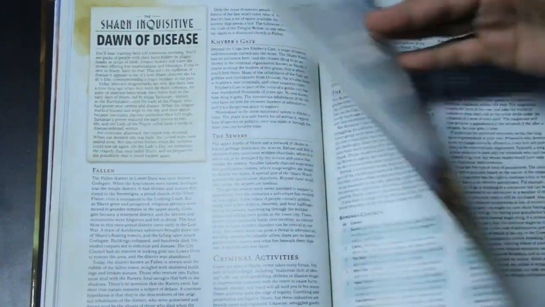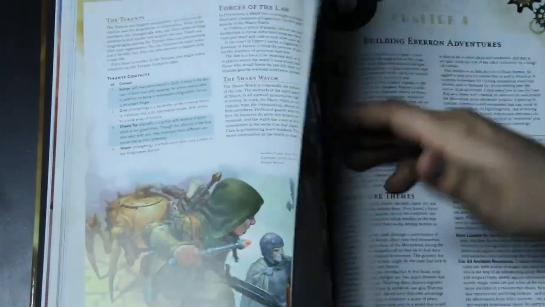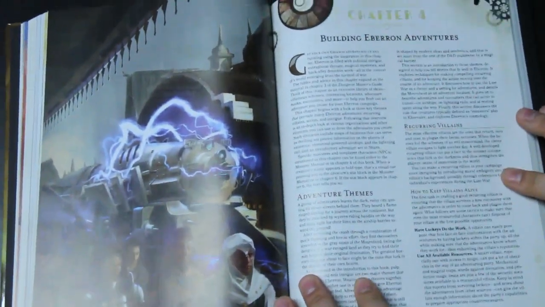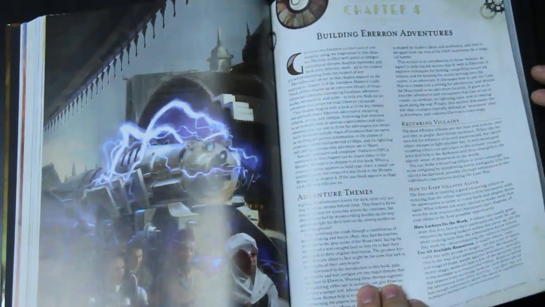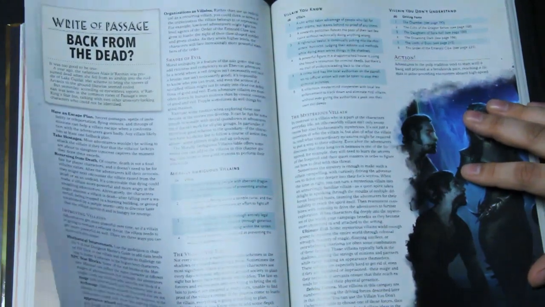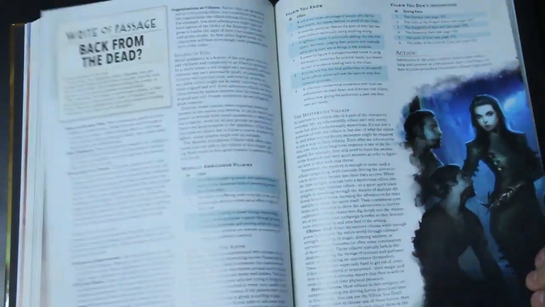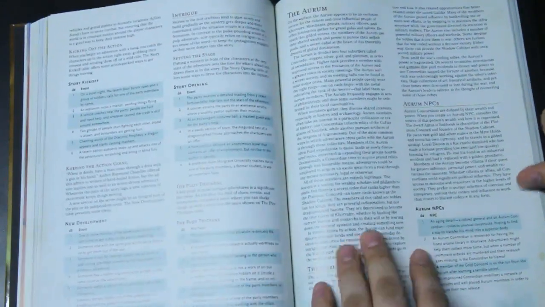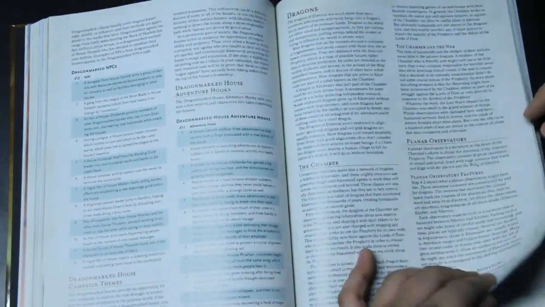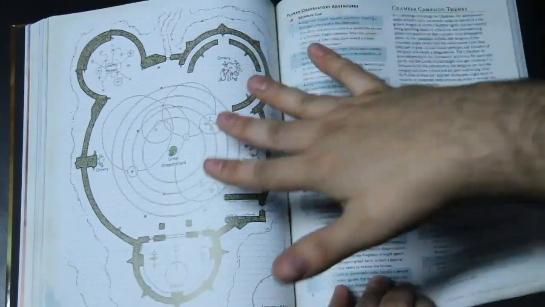They go into some criminal activity and forces of law, whatever. They describe their city. Chapter 4 is Building Eberron Adventures, which goes into themes that you might have, like recurring villains, action, intrigue, and then it goes into a variety of different groups and cults and influential things that include maps for